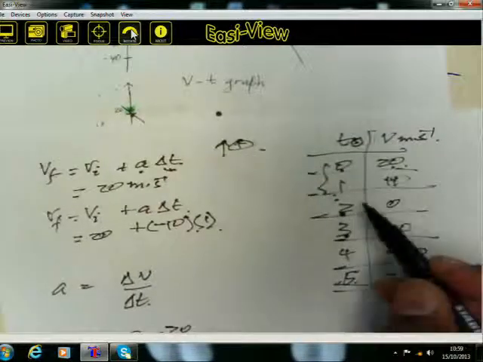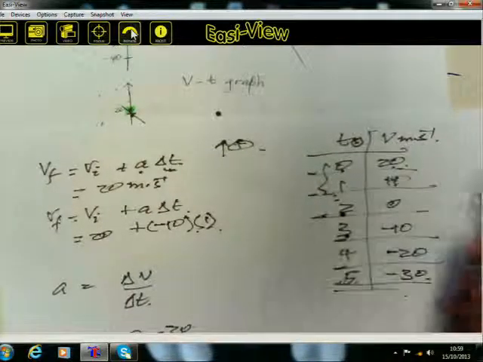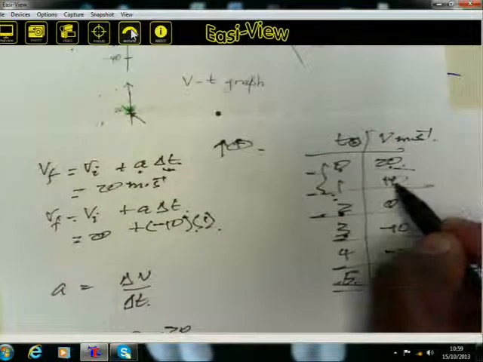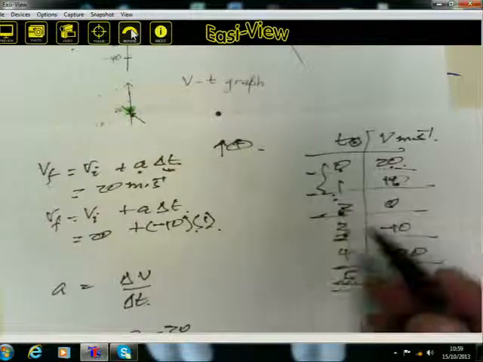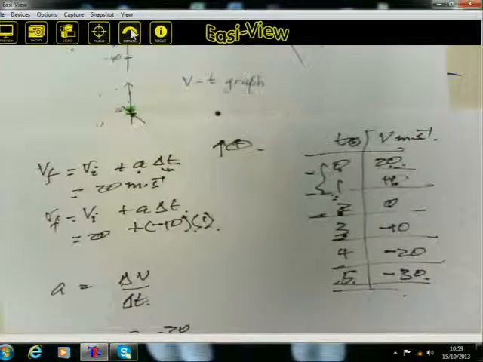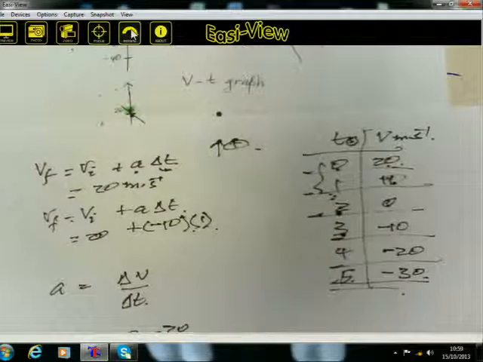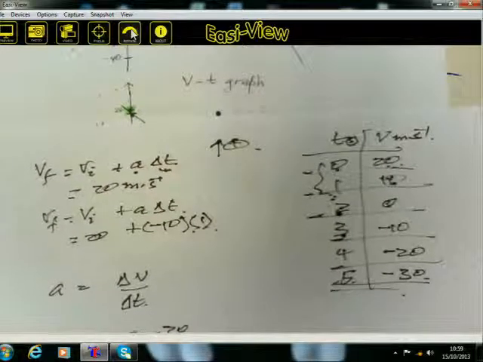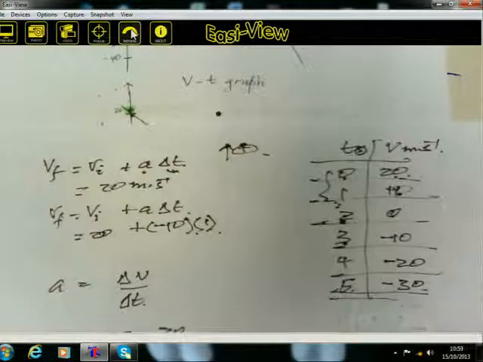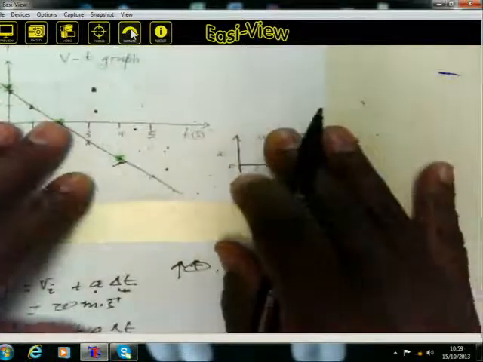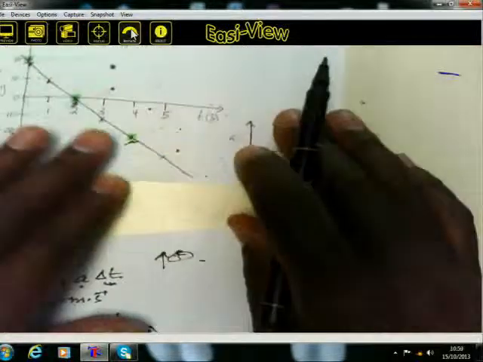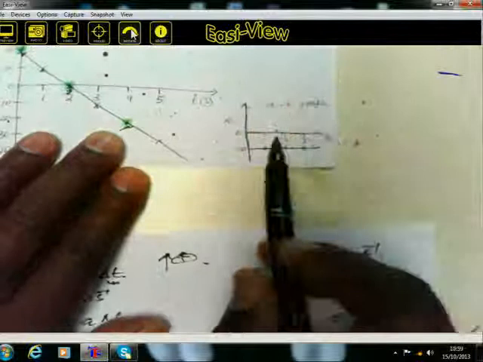We can do this for the second. This will be 0 minus 10 divided by 2 minus 1, which is going to give us minus 10 meters per second squared. Now what this tells us is that if we were to plot these points, we will realize that